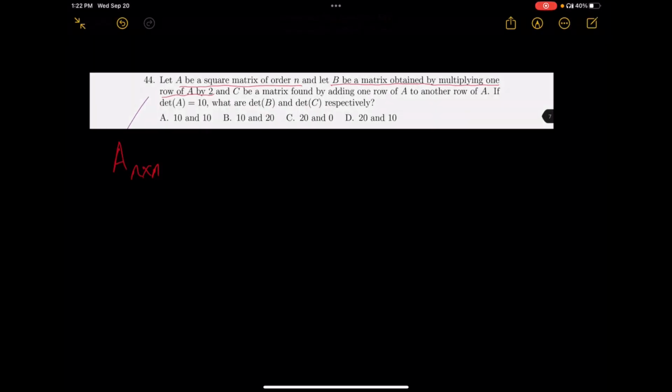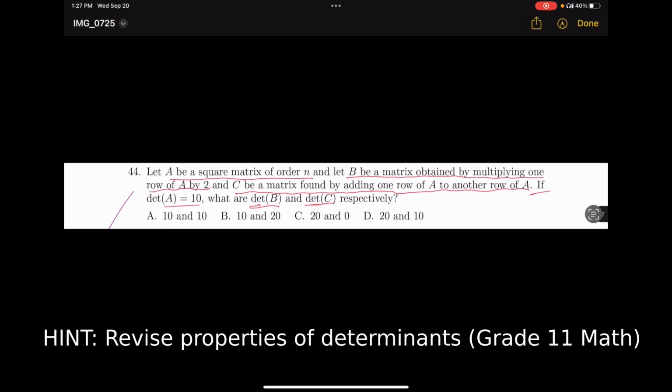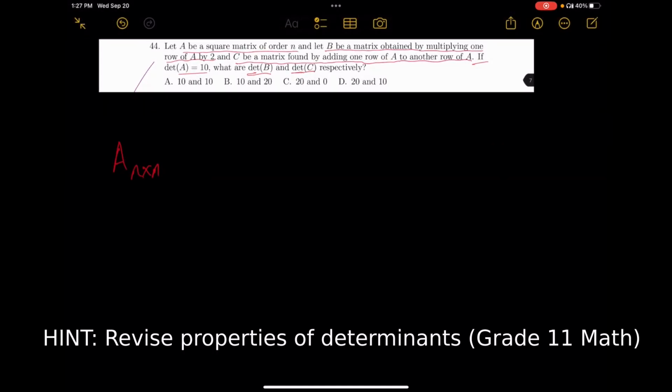Let A be a square matrix of order n. Okay, A is a square matrix, an n by n matrix. And B is a matrix obtained by multiplying one row of A by 2, and C is a matrix obtained by adding one row of A to another row of A. Now if the determinant of A is equal to 10, what are the determinants of B and C respectively? Okay, so A is an n by n matrix,